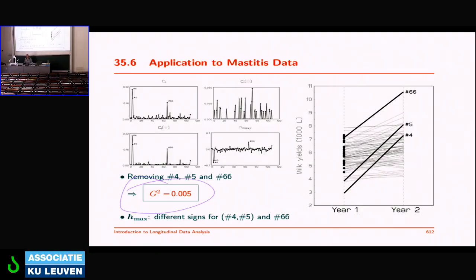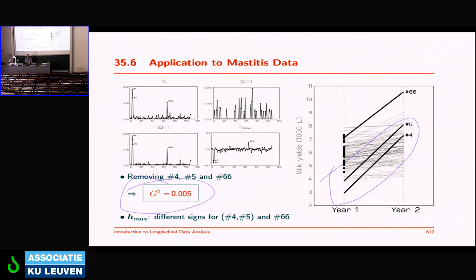What would that be? Okay, I think we have a good idea now. 4 and 5 are unusual in the sense that likely they were ill in the first year. 66 may just be an unusual outlier, but the three of them together, they go from low to much higher. So they have a positive increment, a huge increment, and they are completers. So almost by contrast, then it's assumed that the ones not completing are different and would have a smaller increment, and it gives the false sense